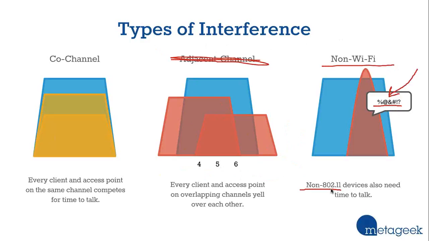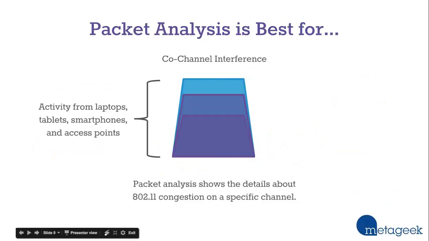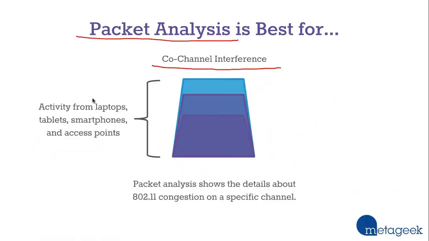Non-802.11 devices, that means non-Wi-Fi devices, also need time to talk. They need to be able to get on the air and say what they need to say. And so we've got to think about that as well. Now, packet analysis is best for co-channel interference. With a packet analysis tool, we can capture an entire conversation on a specific channel, and we can see all the activity from the laptops and the tablets and the smartphones and all the access points. Packet analysis shows us the details about 802.11. That means Wi-Fi congestion on a specific channel,